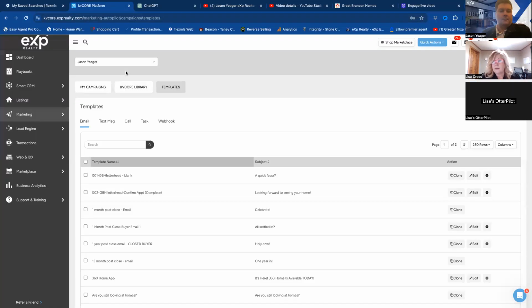In kvCORE here, the first thing we're going to start with is simply creating a template, right? We're going to build out a template that you can use and reuse as often as you want. The more that you can build this out for things that you're going to use in every email, whether that's, again, every other day, a weekly email or a monthly email, it's going to save you time. And that's really what it's all about, trying to save you time in doing these activities that you don't feel are